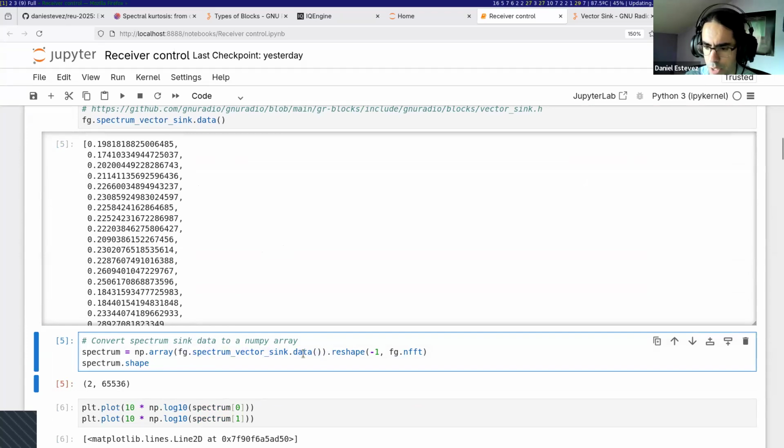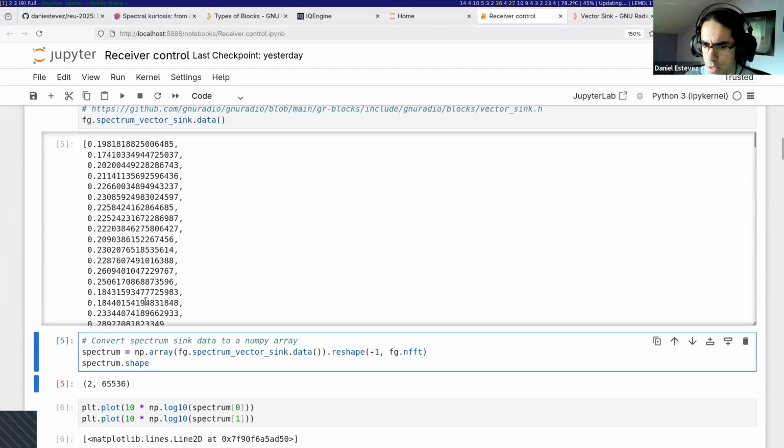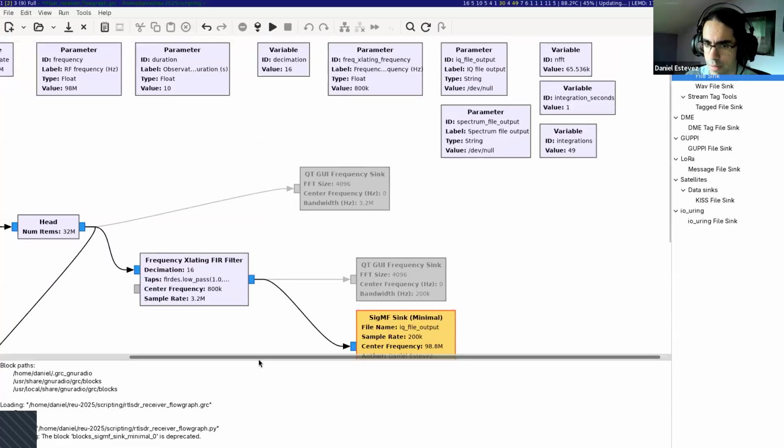That list of numbers we convert to an array. And then this is supposed to be an array of vectors, remember, because we are storing the FFTs in here. And each of the FFTs has 65,000 elements. So it would be nice to see this list of numbers as a matrix, which has however many rows it needs to have. That depends on the length of the observation, because this is like the time axis. And then as many columns as the FFT's shape, which we can grab from fg.nfft,